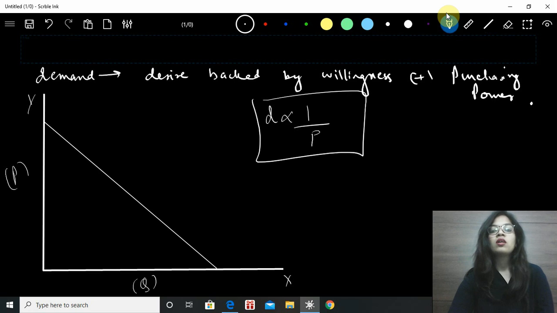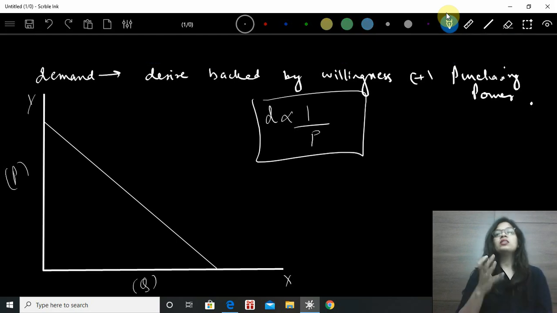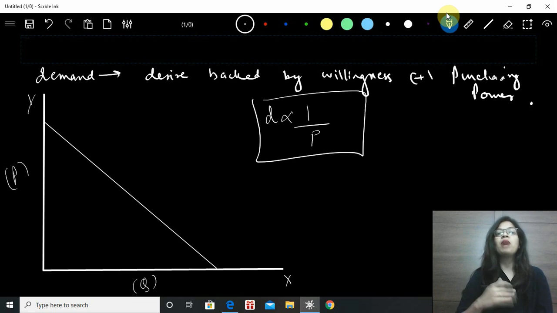We know this because for a consumer, since demand is backed by its utility, that is the want satisfying power of a commodity, as a consumer buys more and more of a product, the price has to go on decreasing, because since he already has a part of that product, buying more means that the utility of that product is going on decreasing. Now since the utility goes on decreasing, the consumer is not going to be willing to pay more price for it. So as the demand increases for a product, the price is going to go on decreasing. The main reason for this is the diminishing law of marginal utility, right?